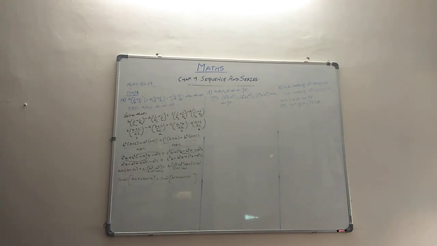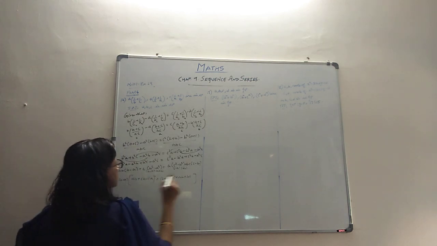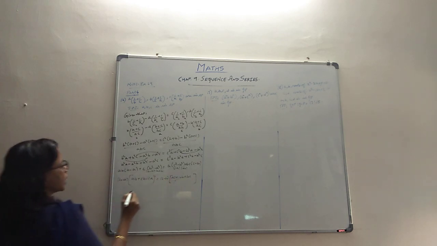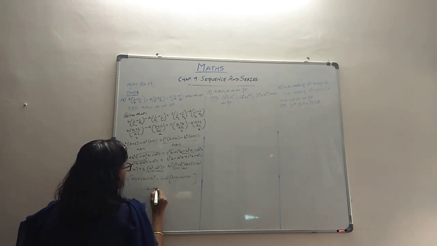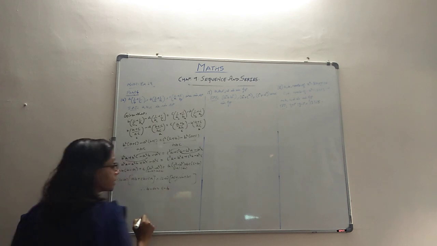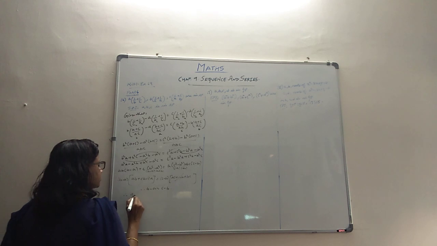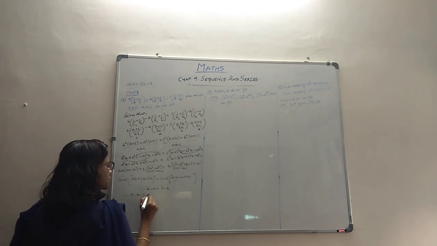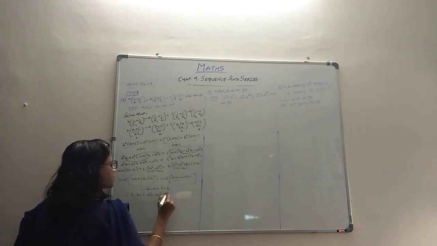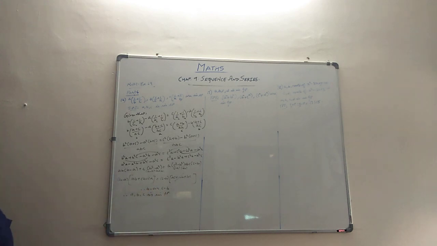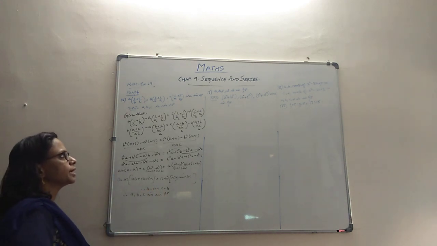Now when we carefully observe, these two brackets are just the same, so they can cancel each other and we are left with B minus A equal to C minus B, and that's exactly the condition for an AP. So therefore, A, B, C is in AP. So whatever was given to us, we have solved it, and that's how we have got the AP.